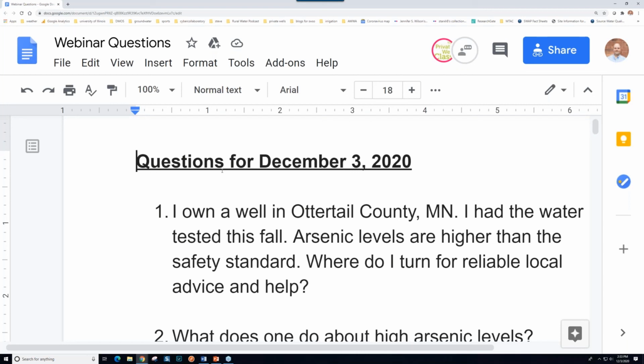They're very helpful. I know one of their staff actually even told me that we shouldn't include treatment in our class because he sees more well owners who don't maintain their treatment equipment, and it becomes a source of contamination than those that actually maintain it the right way. And so they're in the game, they know what's going on, and they can give you good advice for your area. The Water Quality Association is also an organization that tests treatment equipment. They also represent treatment vendors, but you can look on their website for devices that would take out arsenic.